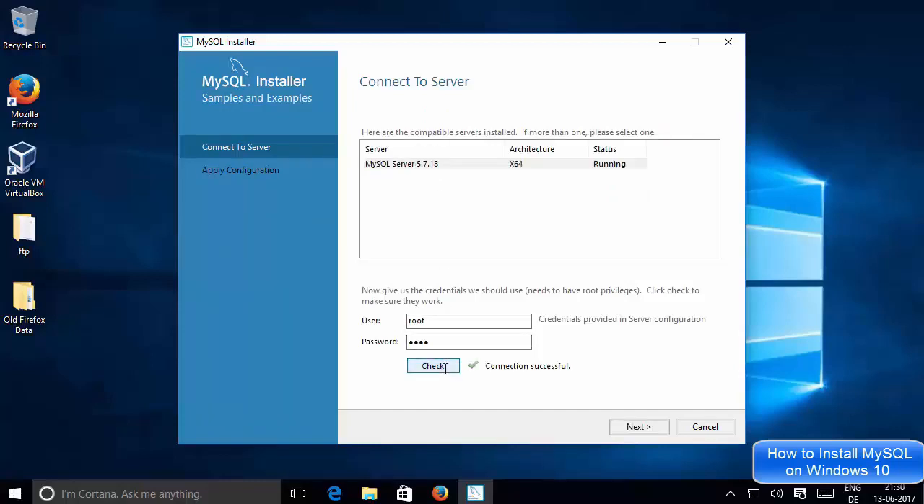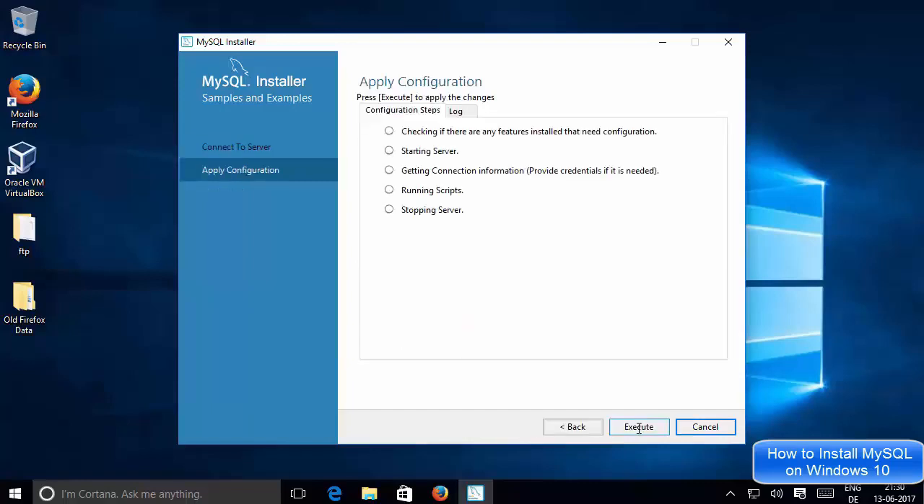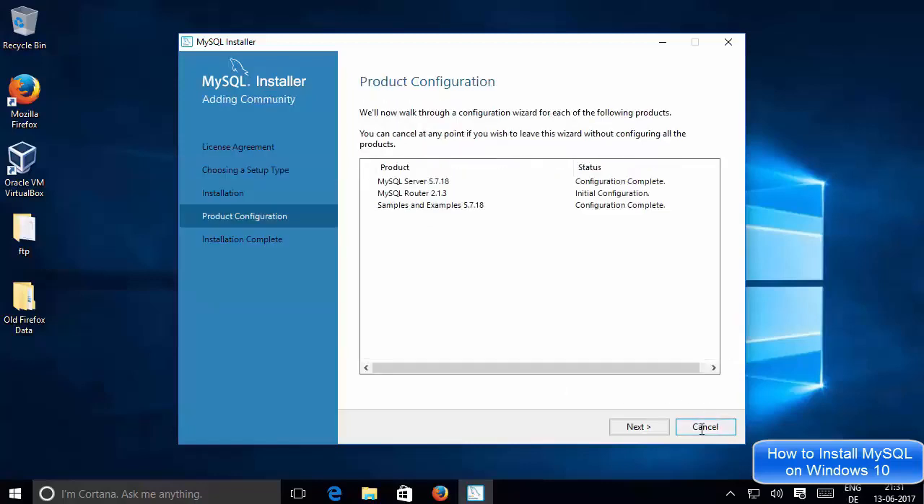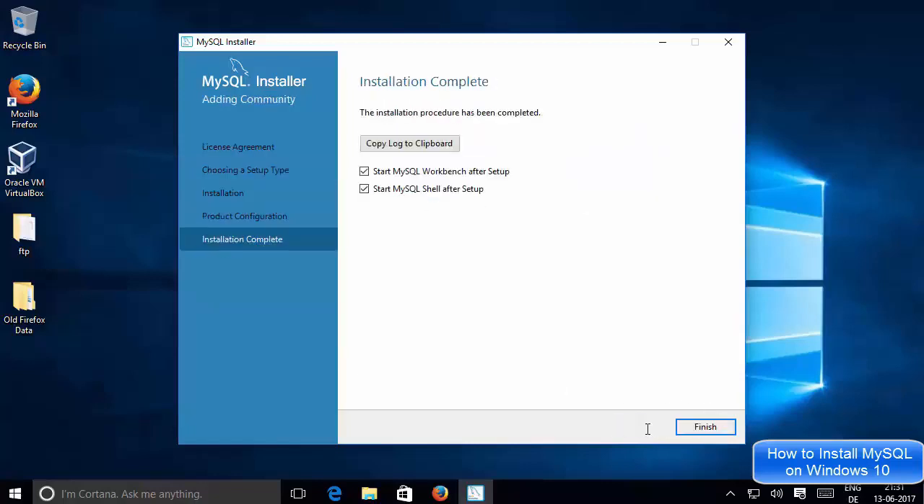And once it's checked, then I will click next, and then I will just say execute, and it will just finish the configuration step for that also. And in some moments everything will be done, and we will be able to click finish. So just click finish here, and then go to the next step, and you can see the installation has been